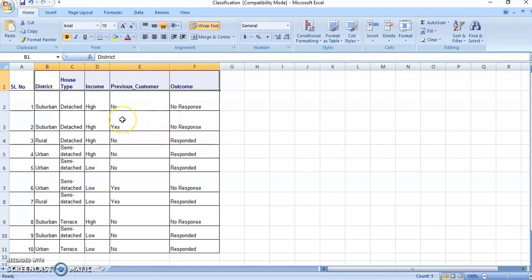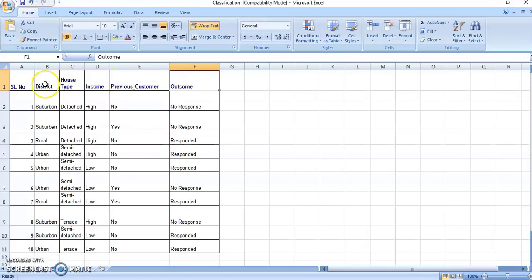So this is a simple example of a data set which reveals the category of a customer, how much income he is getting, and whether he is a previous customer or not. Based upon this category, he has responded or not responded. That is the outcome variable which is to be identified.